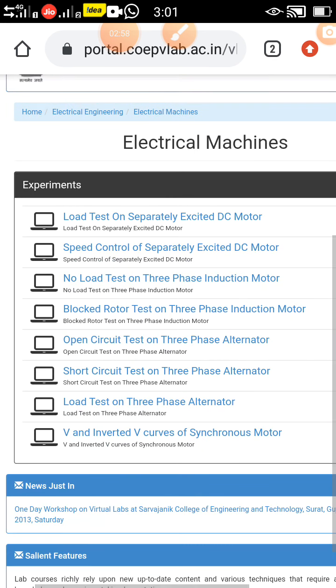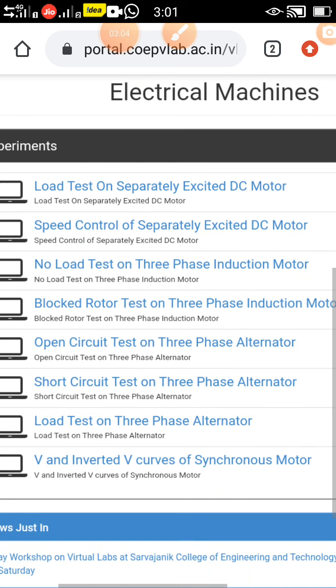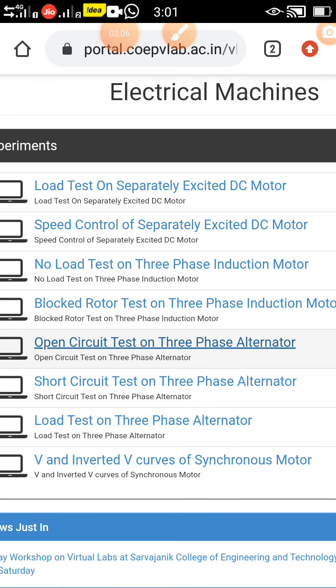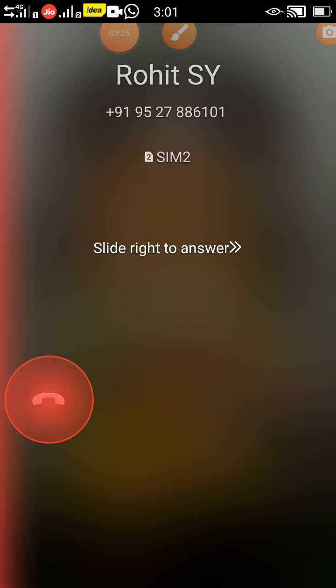If you want to do an experiment, I will select the open circuit test on a 3-phase alternator. For that I am clicking on that particular link. This experiment, the open circuit test on alternator, will be opening. After some time this test will open. So this is the procedure for opening any experiment to perform in a virtual lab.